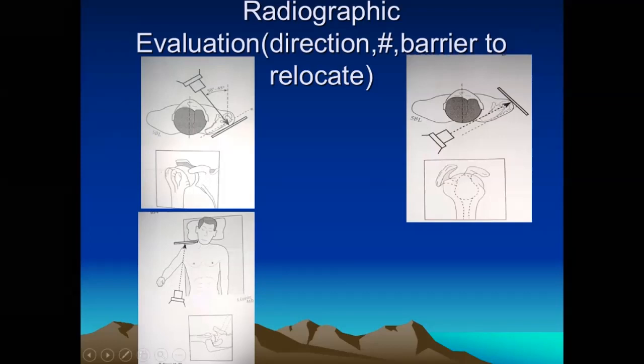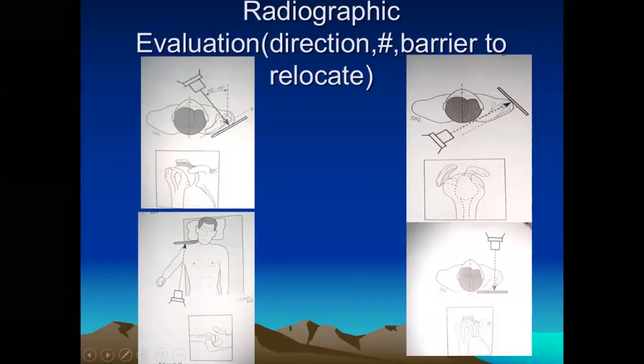I'm giving you both anterior and posterior in sequence, so you have an idea of both. Now what X-rays do you need to take for any dislocation? A standard AP X-ray should never be taken. It is always a true AP X-ray, where the plane of the cassette is in the plane of the scapula, 45 degrees compared to the body. First you take that, then the scapular Y view, and then the axillary view. These are the basic X-rays.